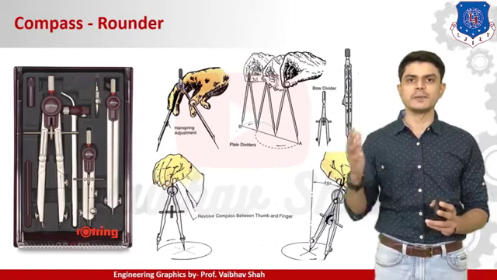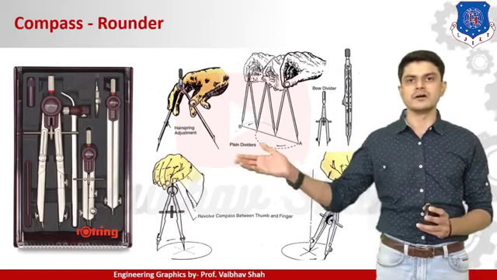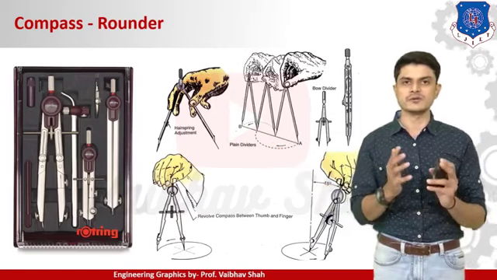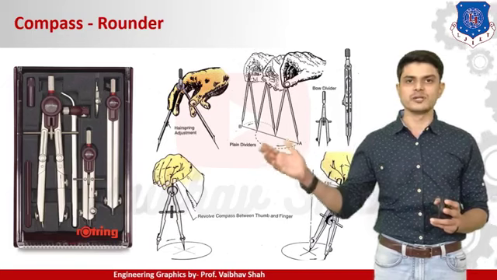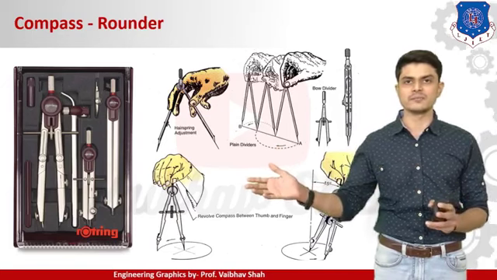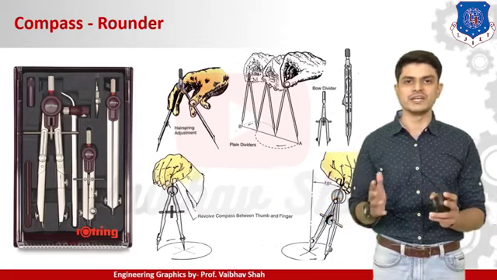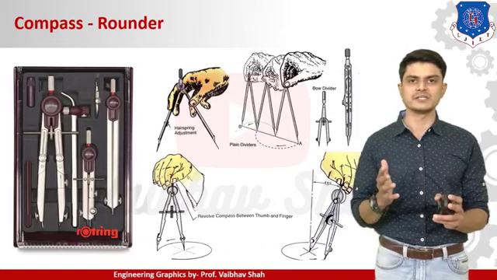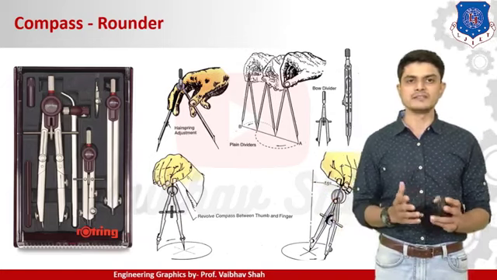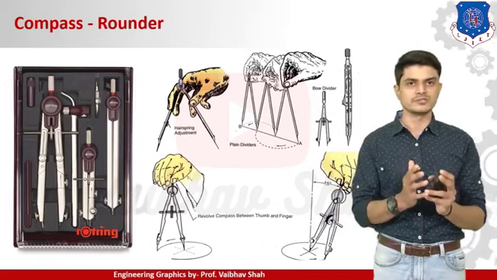Next, a very famous device: the compass or rounder. This is a compass box for the rounder and the proportional dividers. You can ideally use this rounder to draw circles or circular arcs in your drawing. You just need to hold this rounder in whichever hand is preferable to you, lean the rounder around 15 degrees or so, and by giving pressure on the outer periphery you can draw the circle very easily. Remember, you need to use only a single loop while drawing your circle.